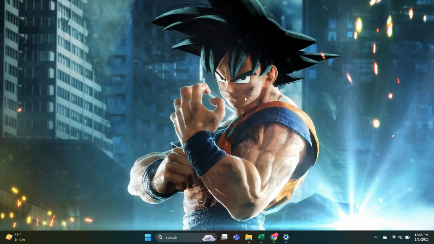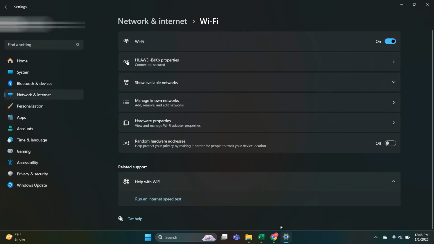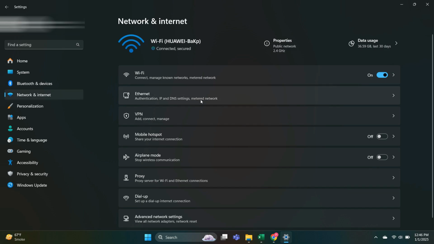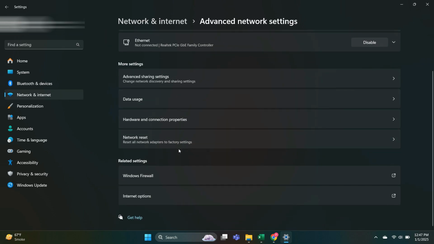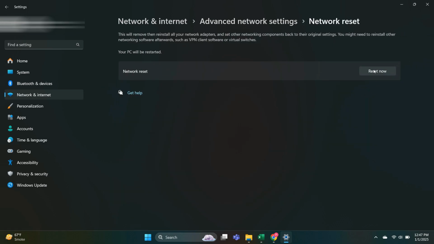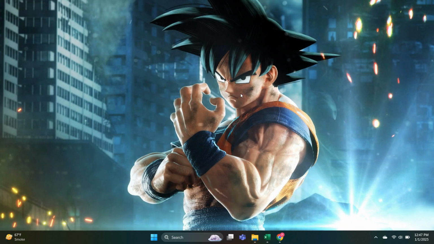If none of the previous methods work, resetting your network settings can resolve deeper configuration issues. Head back to your settings and go to Network and Internet. Scroll down and select Advanced Network Settings. Under More Settings, click Network Reset. Confirm the reset by clicking Reset. Now this will remove and reinstall all network adapters and reset your network settings to default. Restart your PC. Once the reset is complete, reconnect to your Wi-Fi network and check if the icon